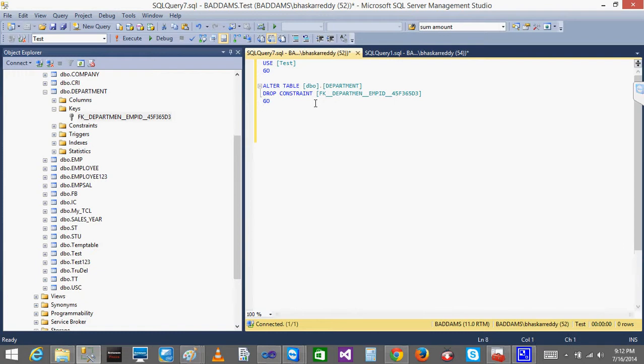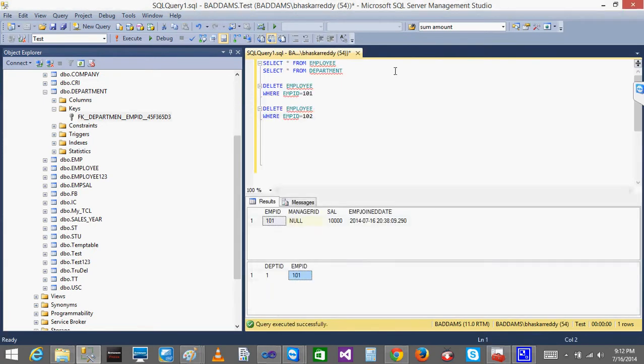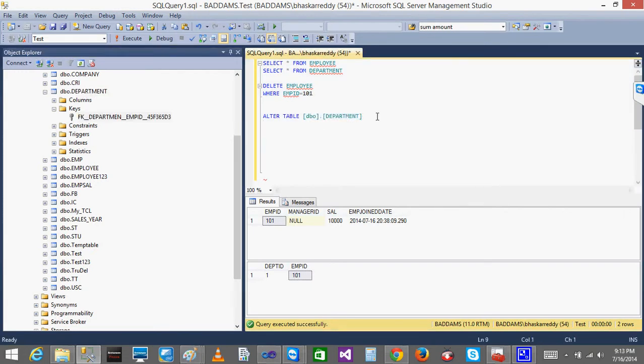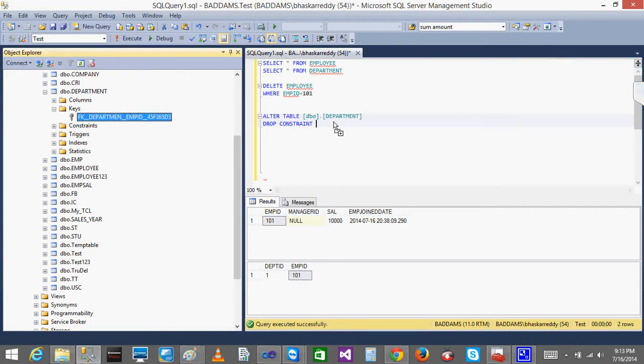First you need to drop it. You write alter table, the department table name. If you want to remove the structure of anything, just use drop constraint and give the constraint name. Automatically it will be dropped.